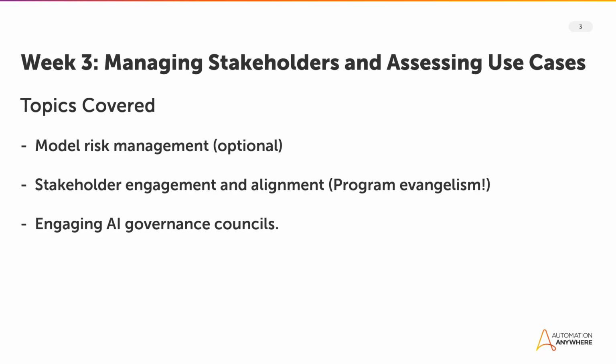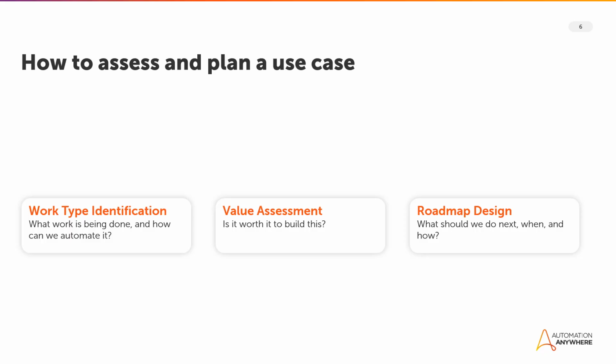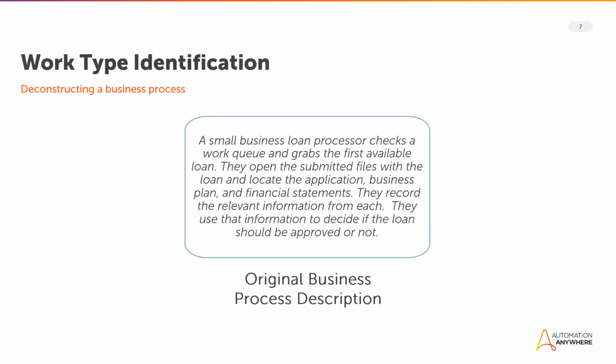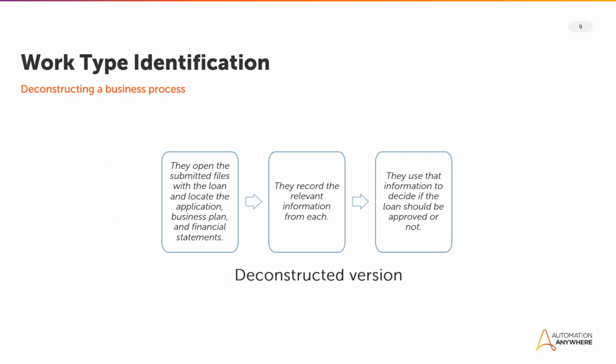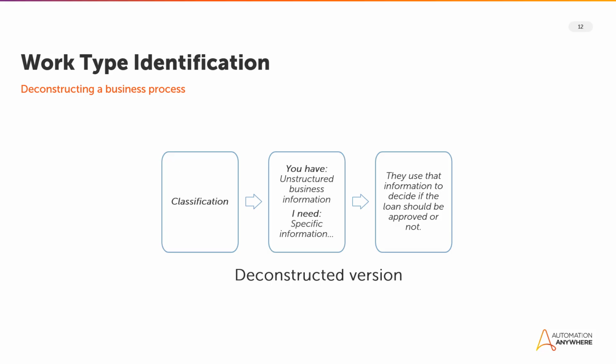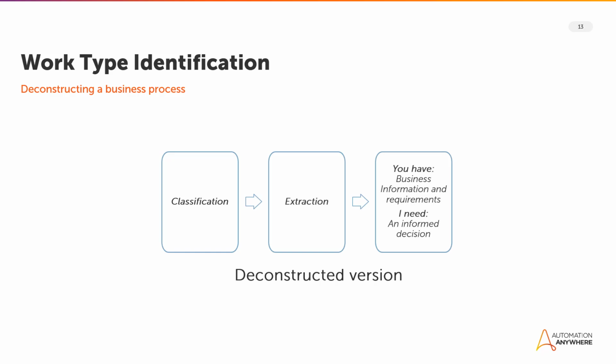Then we have a course about another type of stakeholder, AI governance councils. These are pretty new to the enterprise landscape, and if you want to deploy AI at your organization, you'll need to understand their role with AI governance. And lastly, something so many of you have been asking about since week 1, use case assessment. We'll be going through a fictitious use case, breaking it down into its parts, assessing the value of each of these parts, and laying out a delivery roadmap in this course.